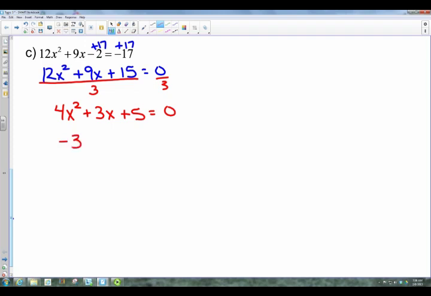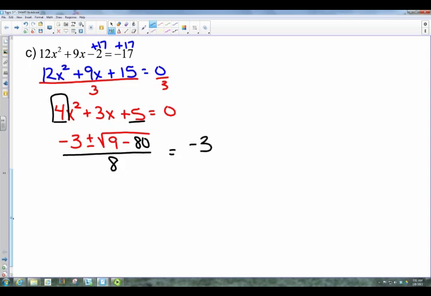And now you plug it through your formula. So negative b plus or minus the square root of b squared, which is 9, minus 4 times a times c. So 4 times 4 gives you 16. 16 times 5 gives you 80. So you've got a negative 80 there, all over 2 times a. A is 4, so that gives you 8. Now moving on to simplification, you've got a negative 3, plus or minus. Now in this radical, you've got 9 minus 80, which is the square root of a negative 71,